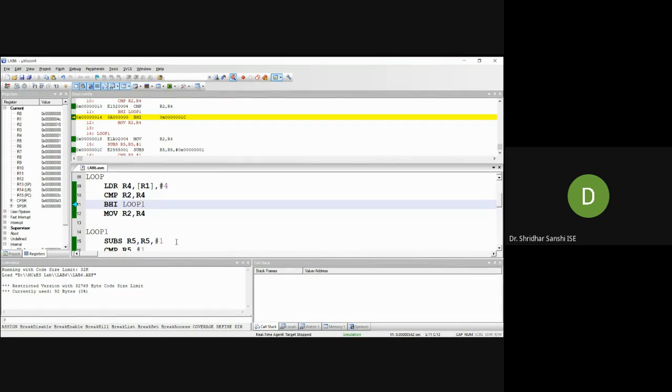Fine. Yes, sir. So I will create lab 6, finding the largest element in an array.